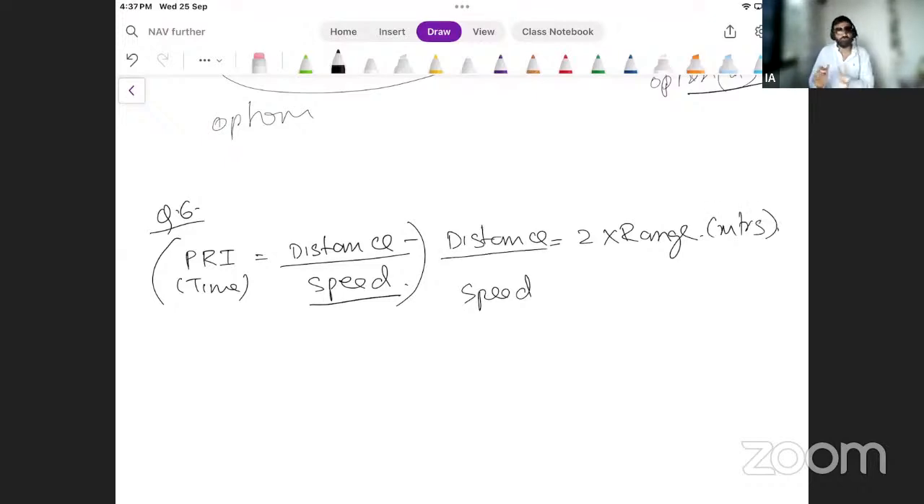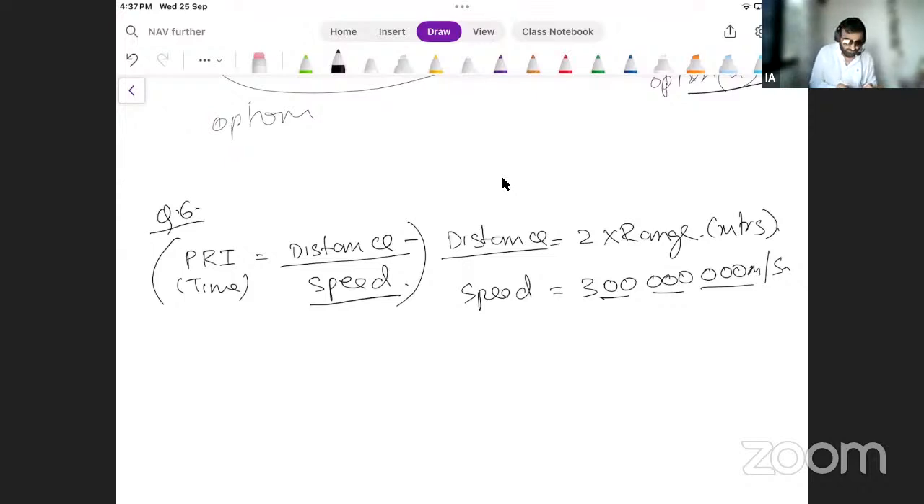Remember, you'll have to do unit conversions based upon whatever is given to you. Speed will be the speed of light, since all radio waves travel at the speed of light. So we have 300,000,000 meters per second. For clarity, use individual numbers. Okay, the PRI time that I'm going to get